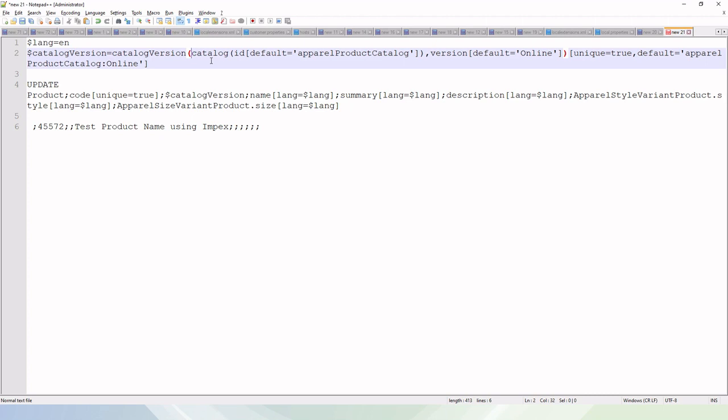In this example, we have one catalog version item type, and catalog version is pointing to the catalog item type, which again is referring to this apparel product catalog ID, right? So this is the significance of these brackets which we are seeing.